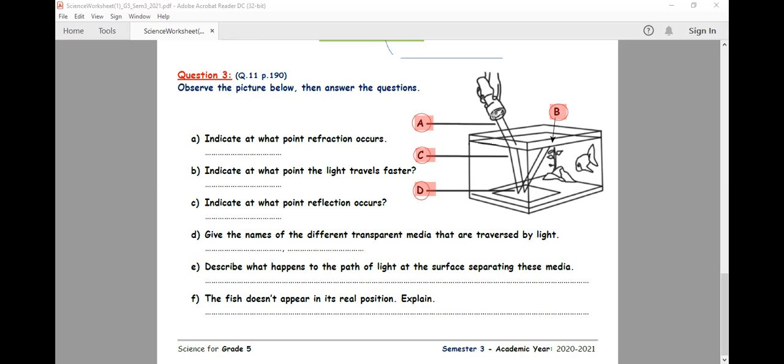rays, when they change their direction, they change their direction at point B, at the surface separating the air and the water. Now tell me, when looking at the fish, the fish does not appear in